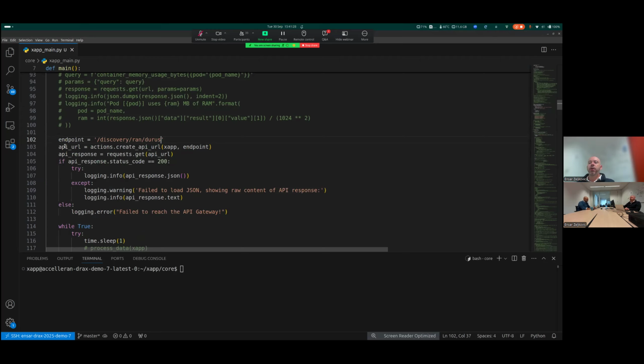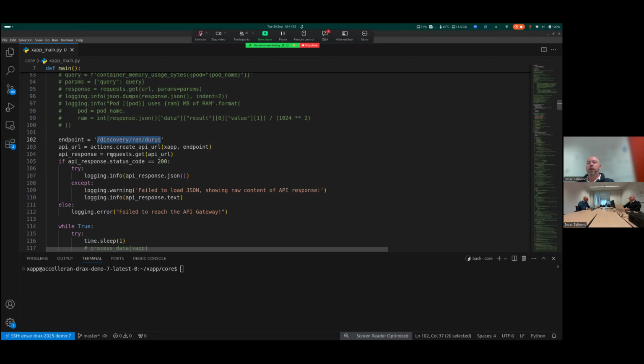Right. Then we have this actions.create API URL. This is part of the SDK. It transforms this into the full URL, including the IP, port and other authentication methods that are needed in order to actually reach this endpoint. So you don't have to worry about that. You just literally have to know which endpoint you're targeting.